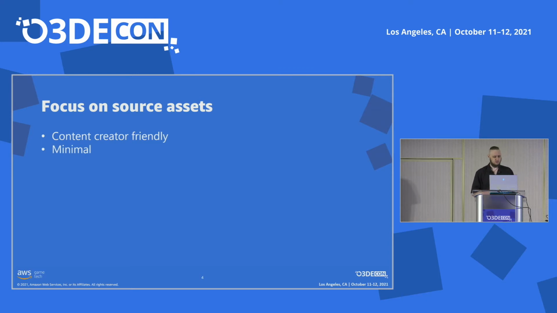We also wanted the format to be as minimal as possible, so avoid superfluous data. It's possible to strip out defaults. There's no versioning in there because we don't want to burden content creators with that. Where possible, we pack data together so you get a nice and concise document in front of you. The Json serialization is also very forgiving. If you make small errors, we'll try to correct that.